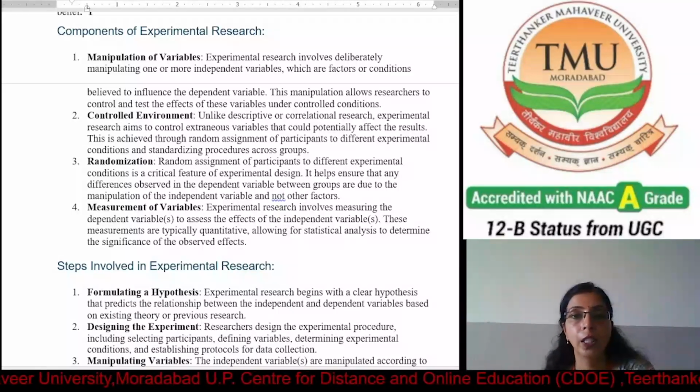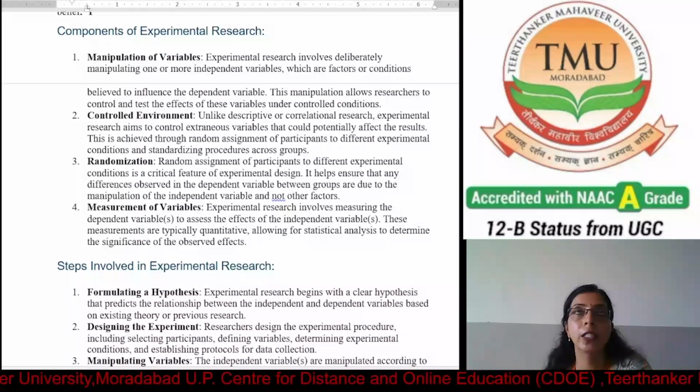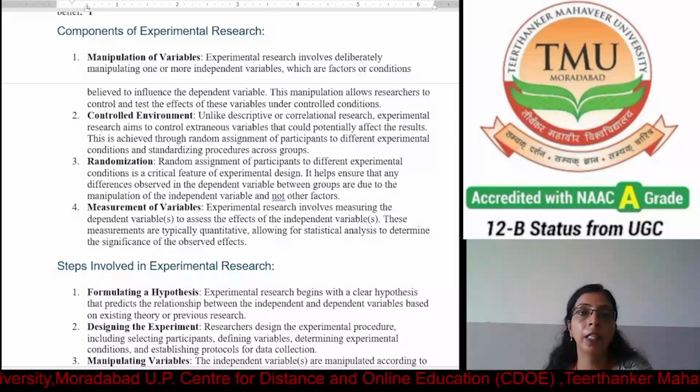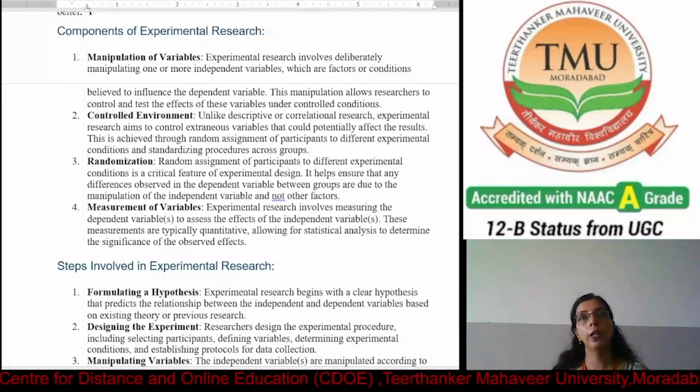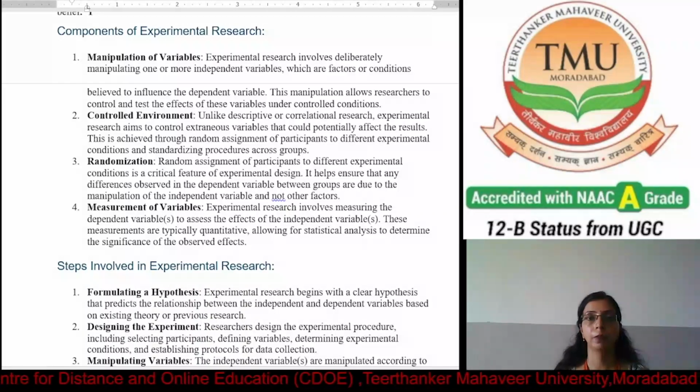In such a case, non-equivalence of groups creeping in due to difficulty in the selection procedure may affect the variables under study. The shift in scores on the dependent variable may be mistaken for the treatment effect. The error like this is caused due to the selection procedure. This is called selection effect.